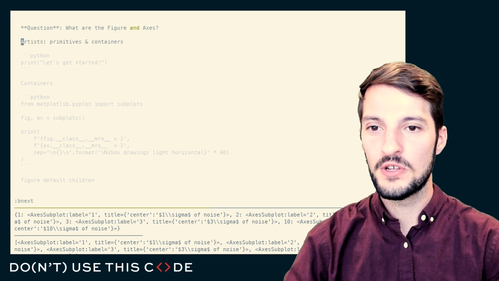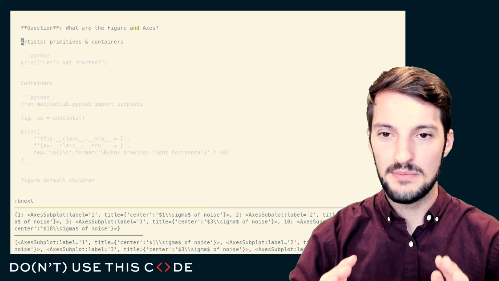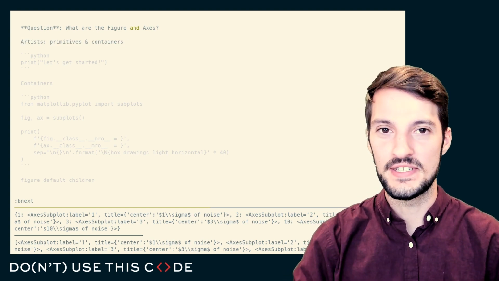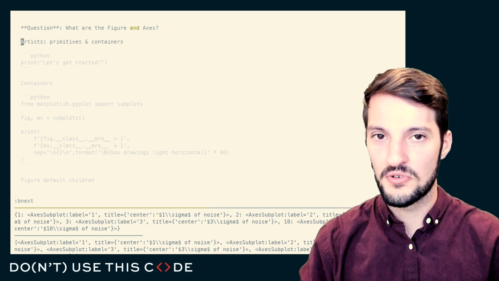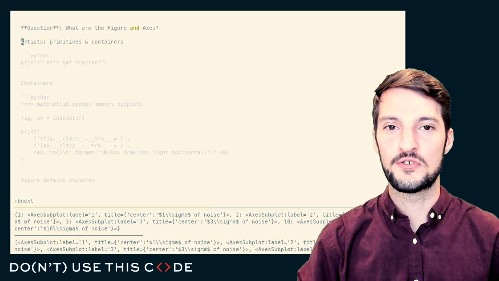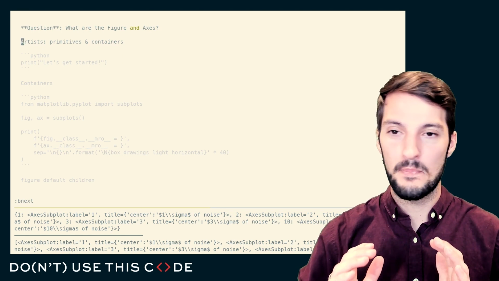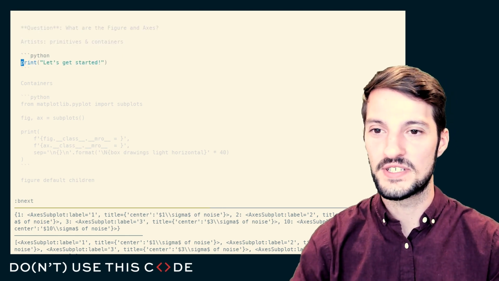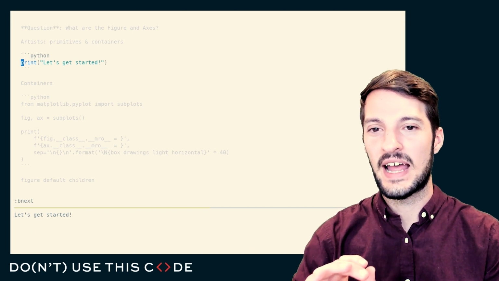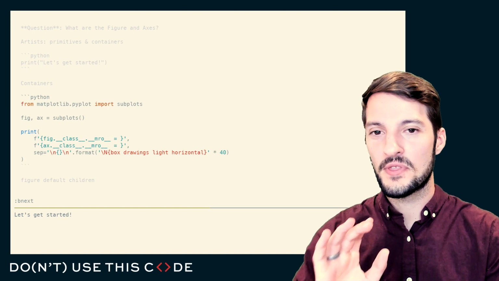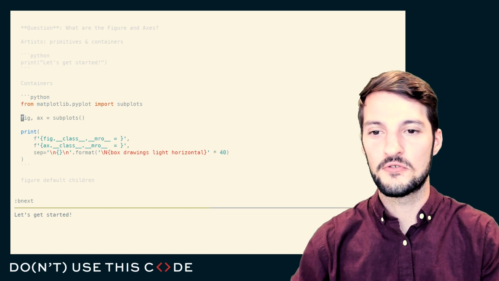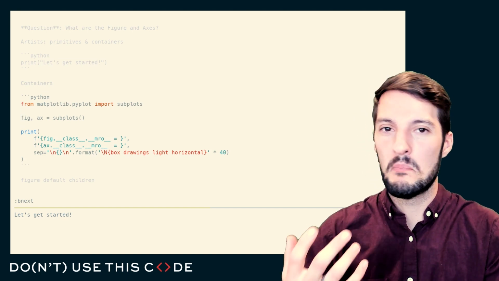In this question, we will be discussing the absolute core pieces of Matplotlib. The figure and axes are the entry point that you want for every single one of your drawing methods. They are the most powerful way to control your visualizations and my absolute favorite way to interact with graphs. When you start thinking in terms of figures and axes, you'll quickly realize that in Matplotlib,